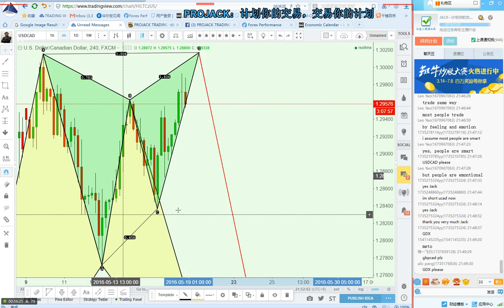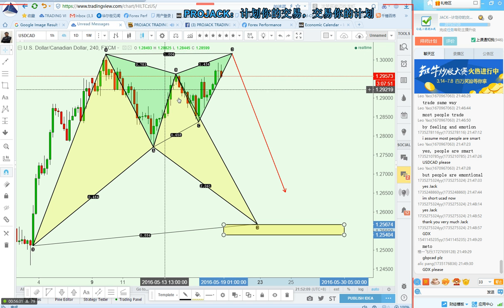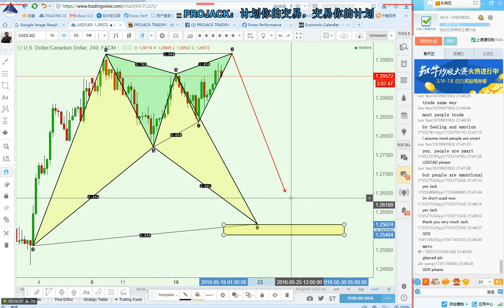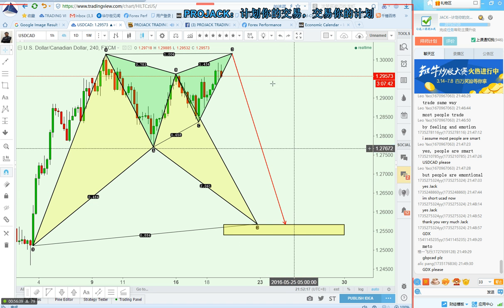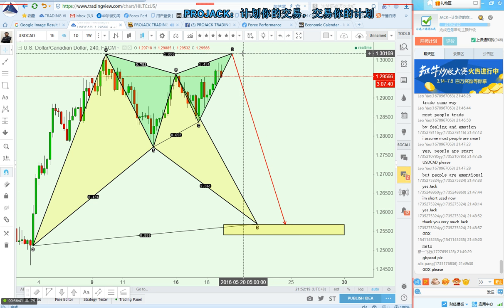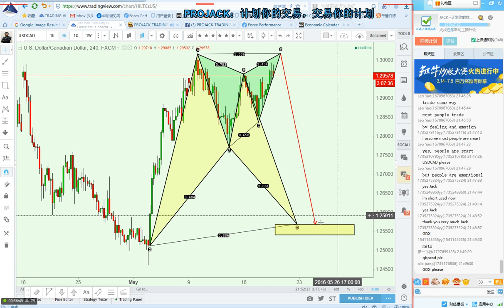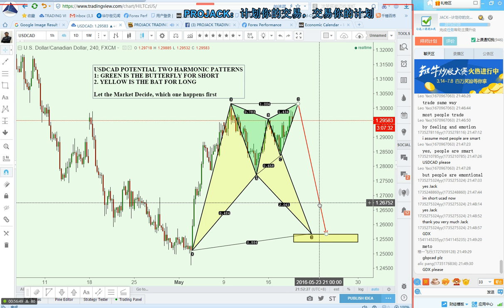The buyer tried once, the buyer tried twice, there's an ABCD move, AB to CD move. Once this ABCD move is complete, the correction is done, and it cannot break a new high. It comes back all the way. So I intend to sell Dollar CAD at 1.360 something here, and I will use 1.2560 as my target for this bearish short position.